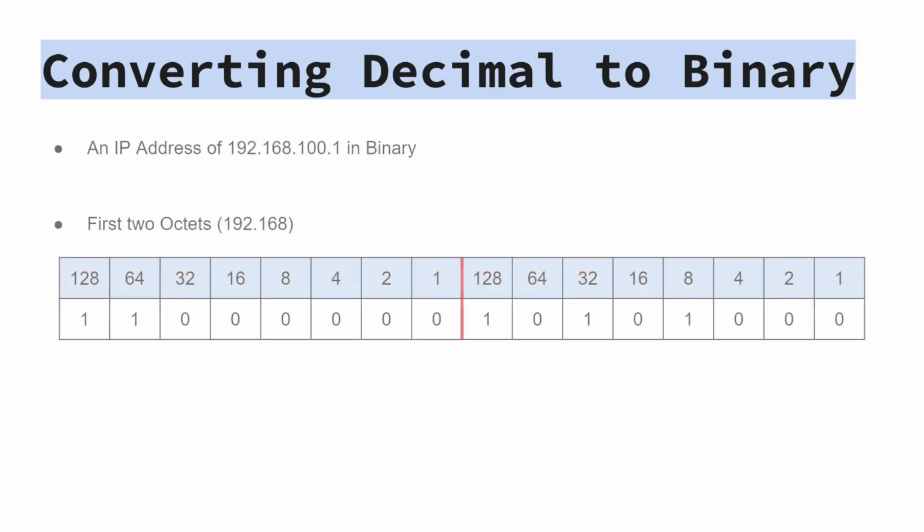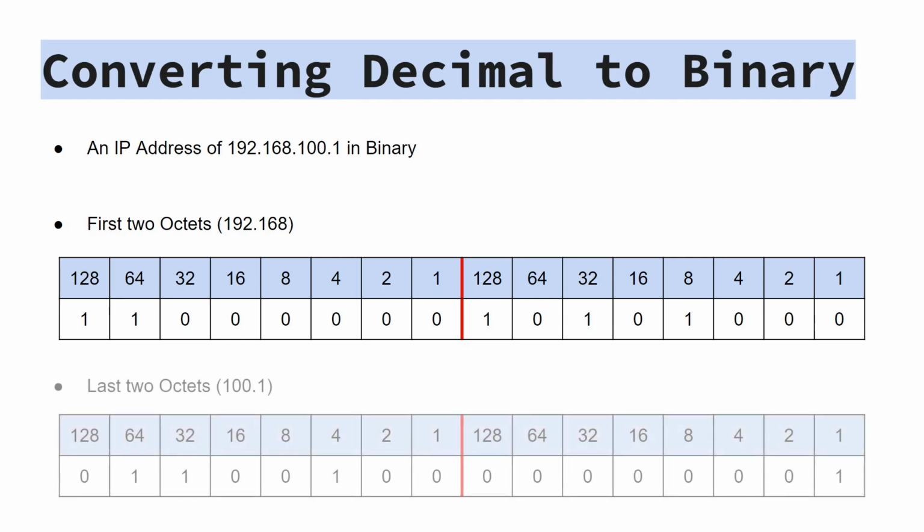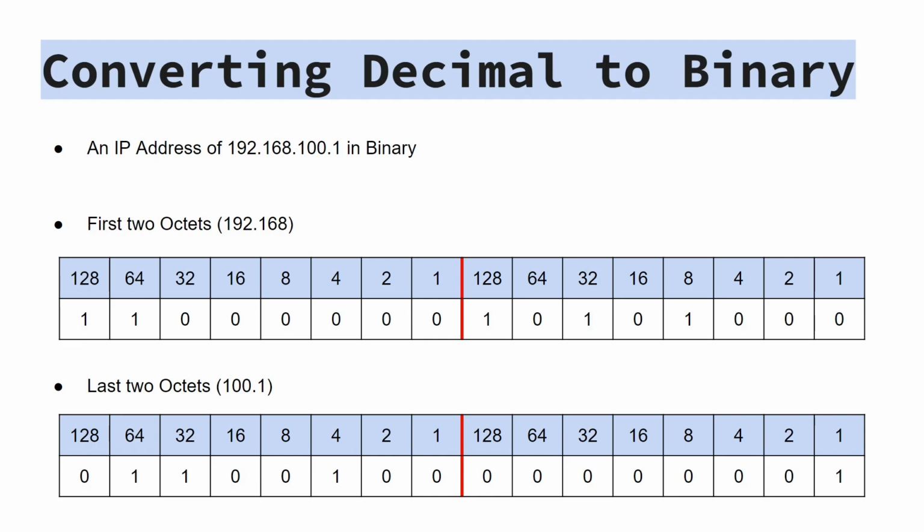Continuing from our previous slide, we have an IP address of 192.168.100.1, and we are going to show how we can convert that to binary. We have our first 2 octets, which are 192.168, and they are represented in the table below, following the formula from the previous slide. And moving on to the last 2 octets, which are 100.1, again shown in the table below, and our decimal dot is represented by a red line. With our 4 octets now complete, we can bind all of the numbers together to give us the binary of the converted decimal